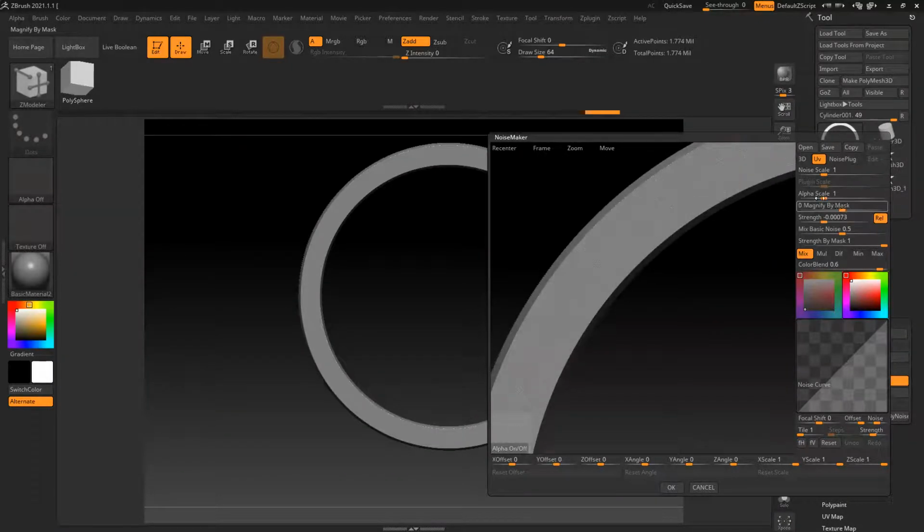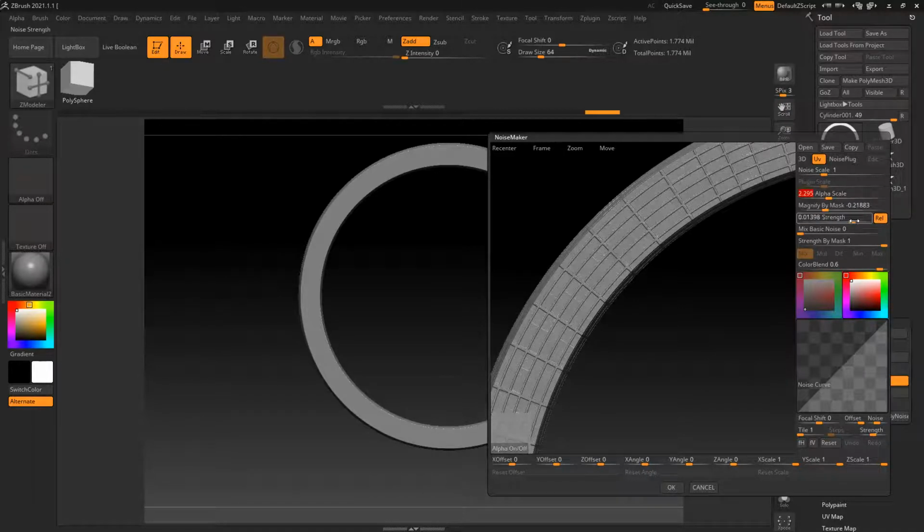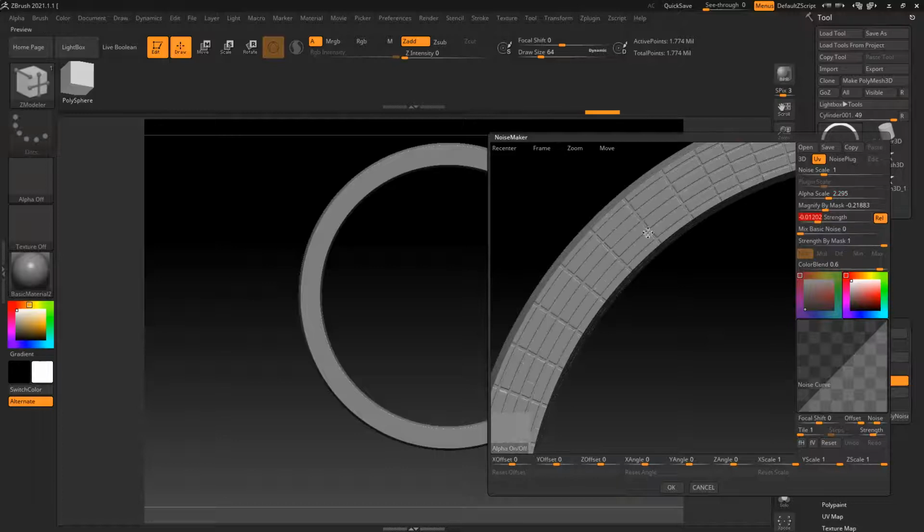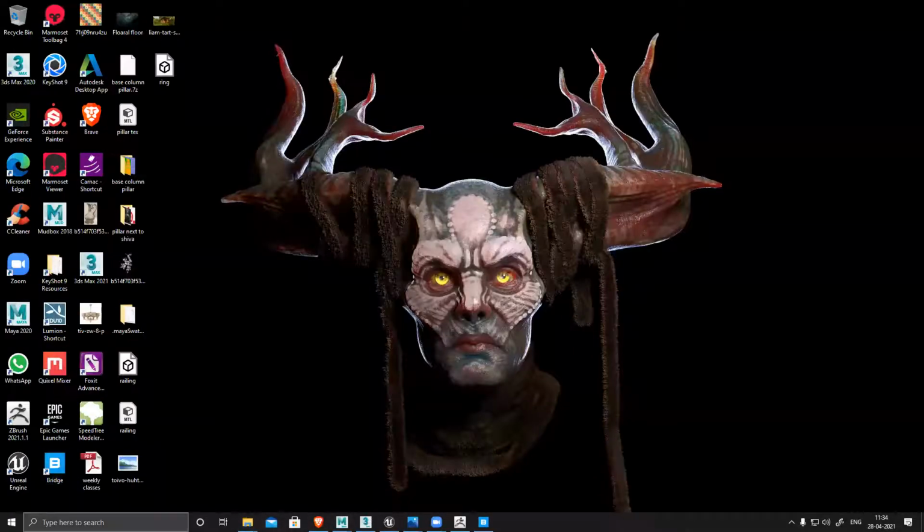It's really dense. So strength. Noise scale, I don't want, make it 0. Now it's visible. So now you can see it's in the wrong direction. So it's like this. The only thing is I need to rotate the texture now. I can see my texture is correct. The only thing is I have to rotate the texture. So I'll press Control D, open your Photoshop.